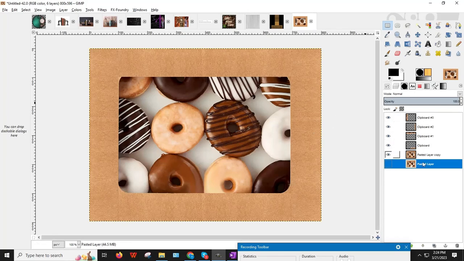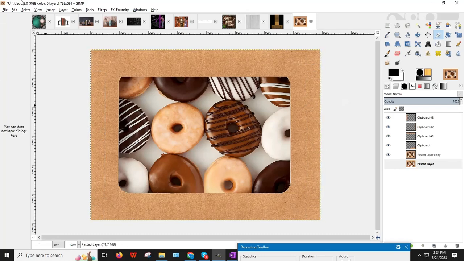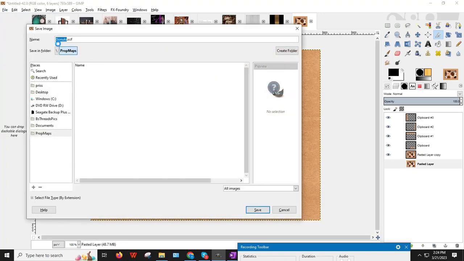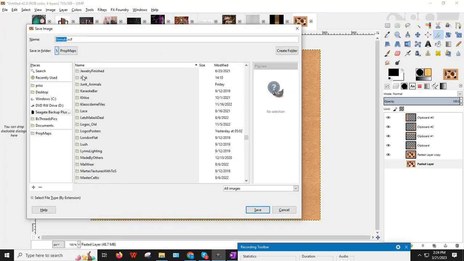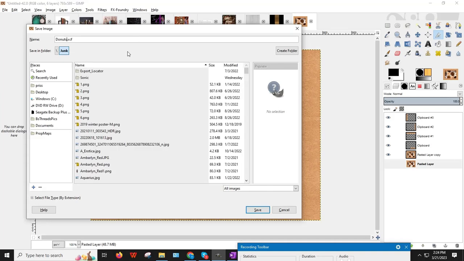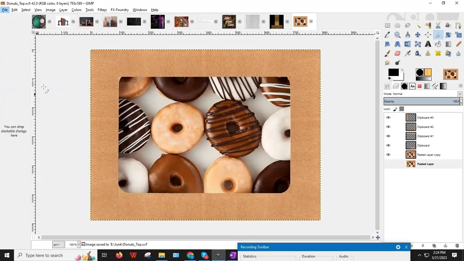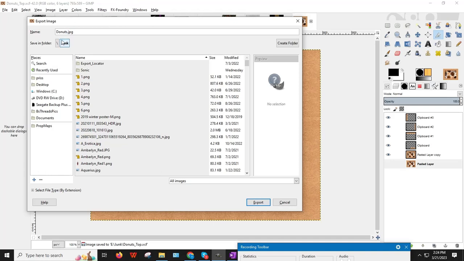Now we have all these layers, okay? So I want to save the finished product. I need to trim this up first. So I'm going to do a little trim on all the sides just in case. And now I'm going to save as. We're going back to the folder, donuts. Now I'm going to label it as top, I want to save the layers, so I save it as an XCF file. I'm going to export. I'm going to rename this top,